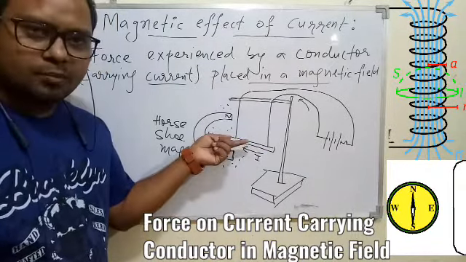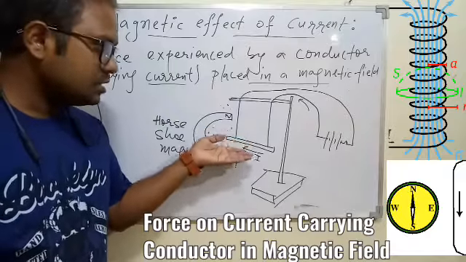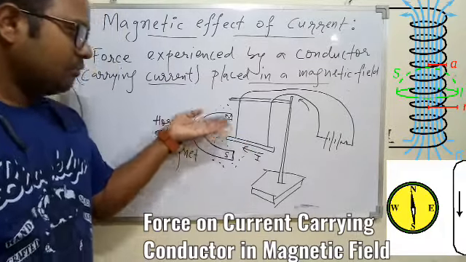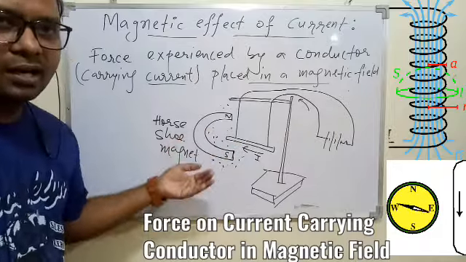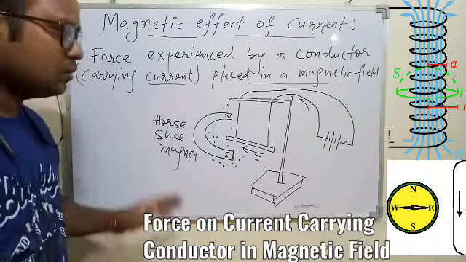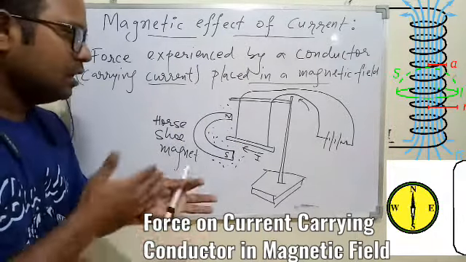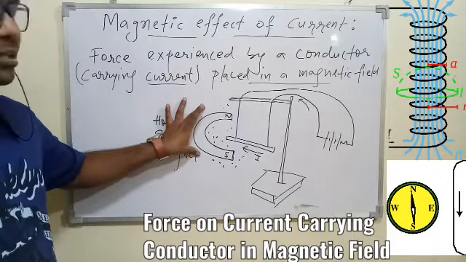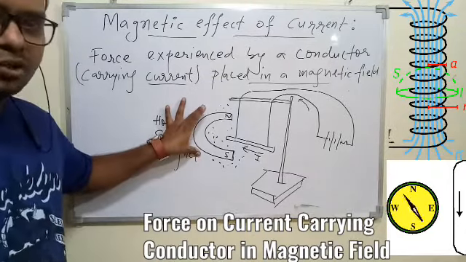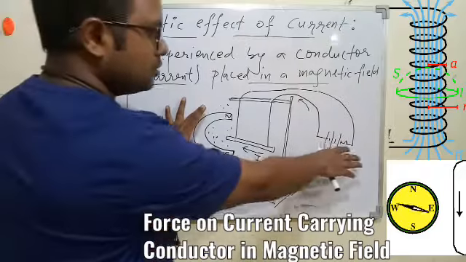This conductor will start behaving as a magnet, and once it starts behaving as a magnet, we have another magnet, a horseshoe magnet. So it is understood this conductor will start getting some magnetic force, because when two magnets come together they give force to each other. If you are holding this horseshoe magnet, meaning the horseshoe magnet is fixed so that it cannot move, but we are switching on the circuit.